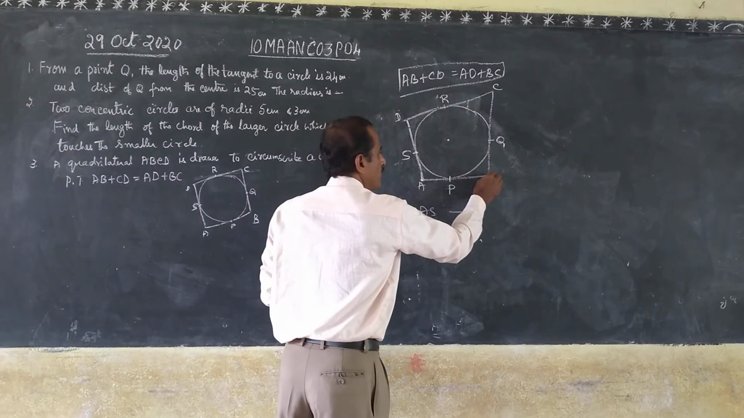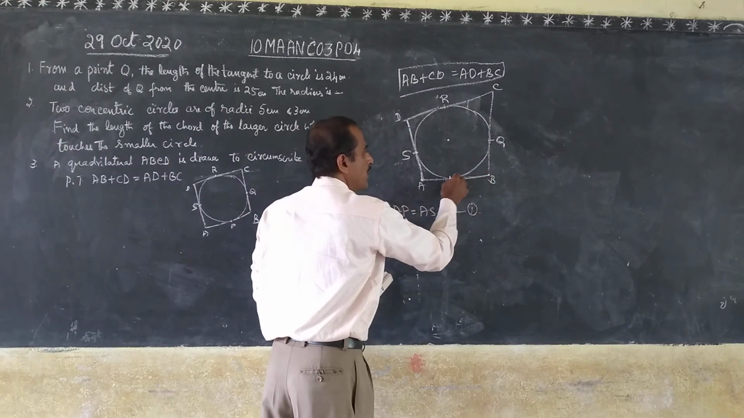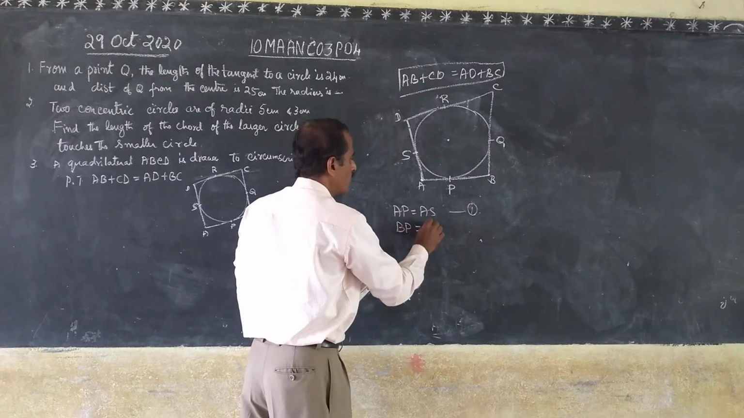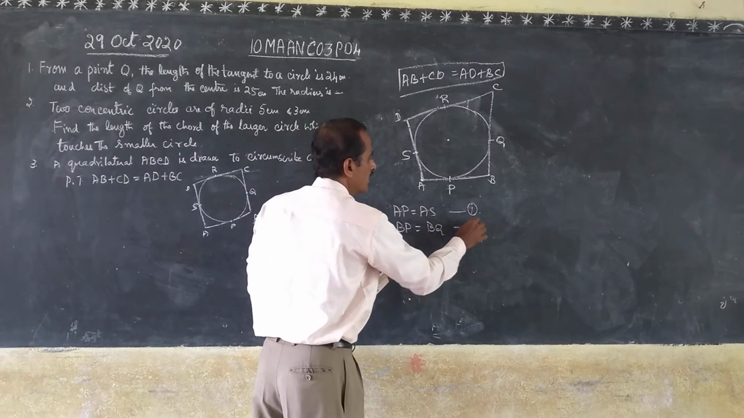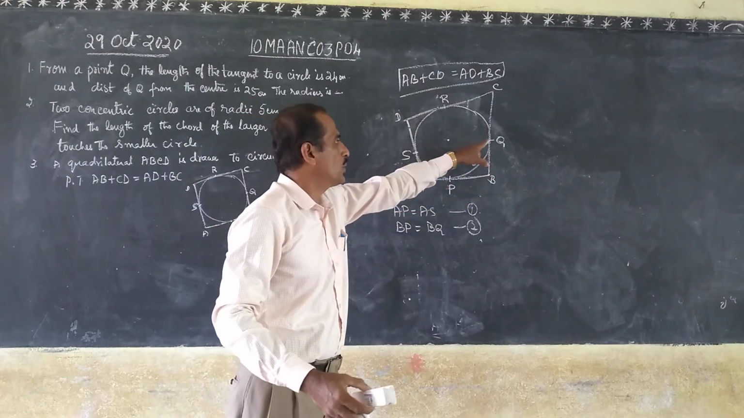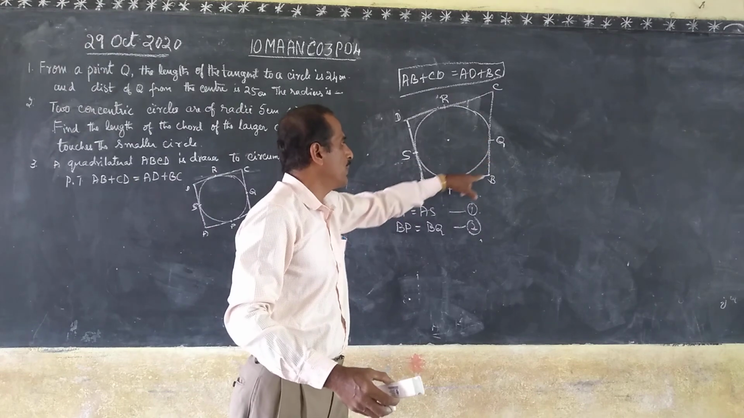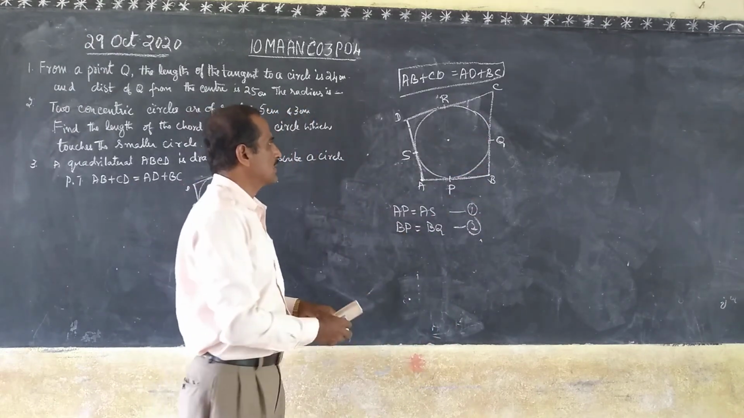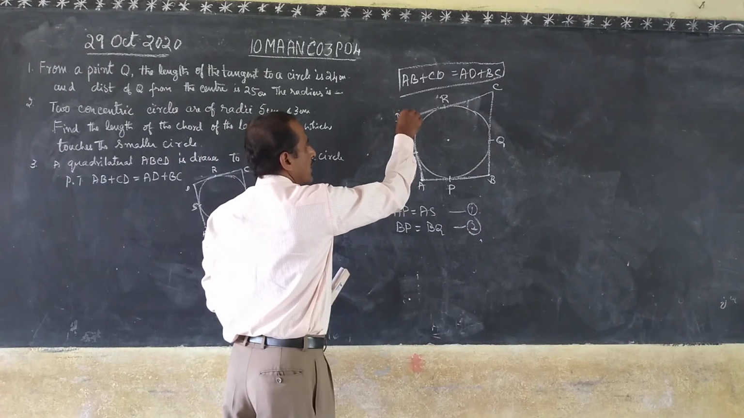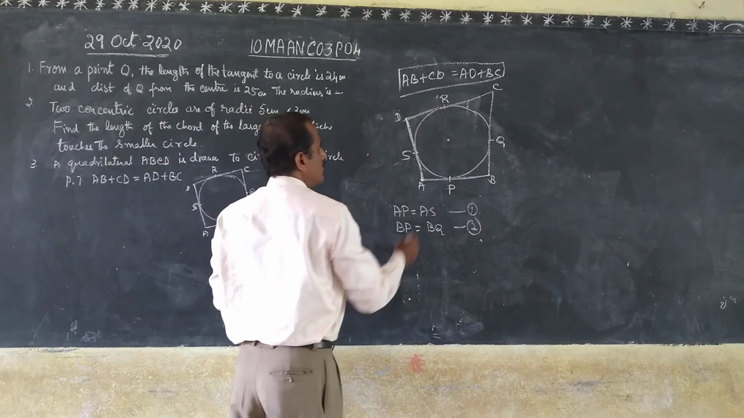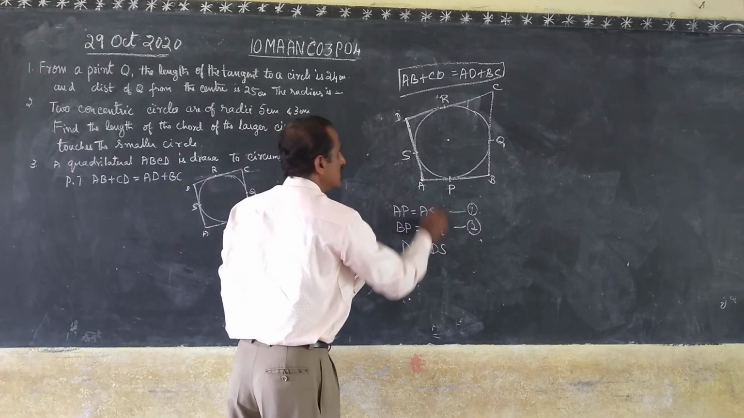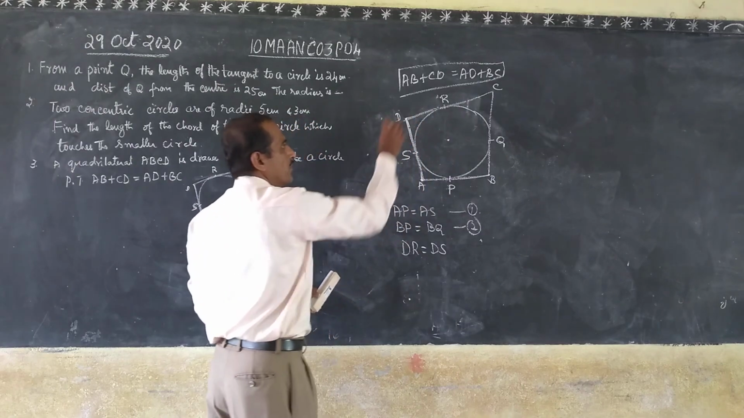Then can you say, if B is an external point, BP is equal to BQ? Is it correct? Why? Because B is the external point, and BP and BQ are the tangents. So you can write like this. In the same way, look at this point. D is an external point. DR is equal to DS. Correct? Why? D is